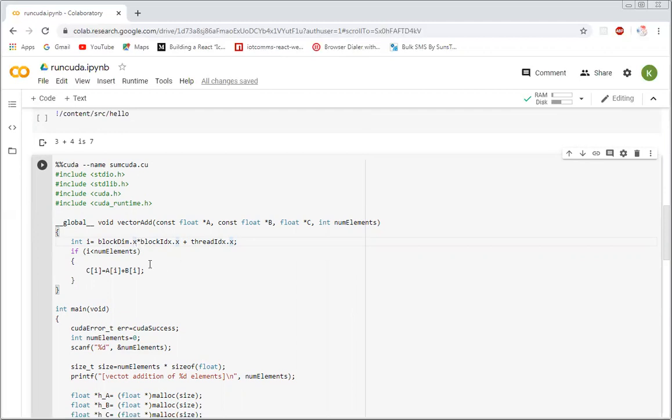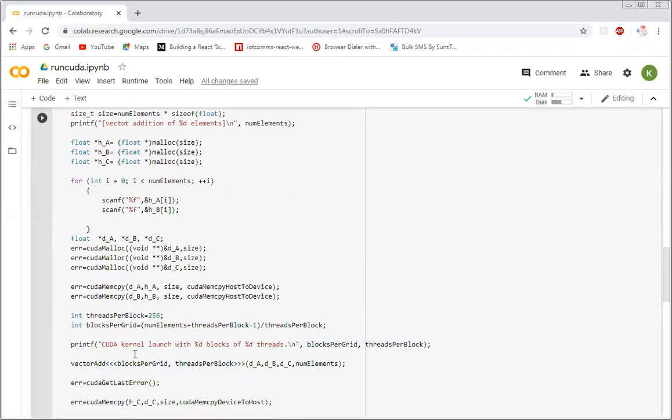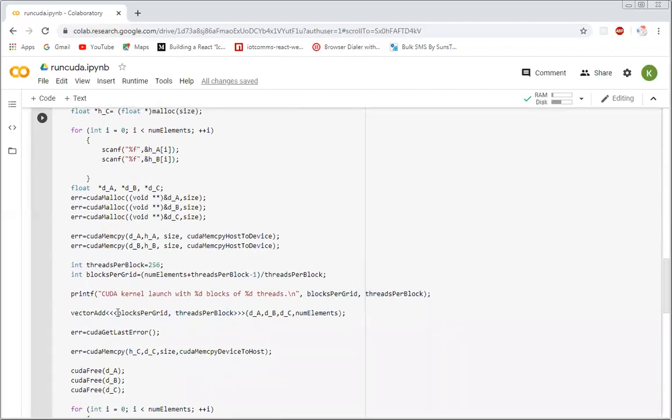So the grid, as I have shown here, you can see the block. I told you that the block can be 2 blocks or 3 blocks. The block can also be a 2-dimensional block. Okay, you can write here 3, 5. In that case, you will have 3 into 5, 15 blocks, right?